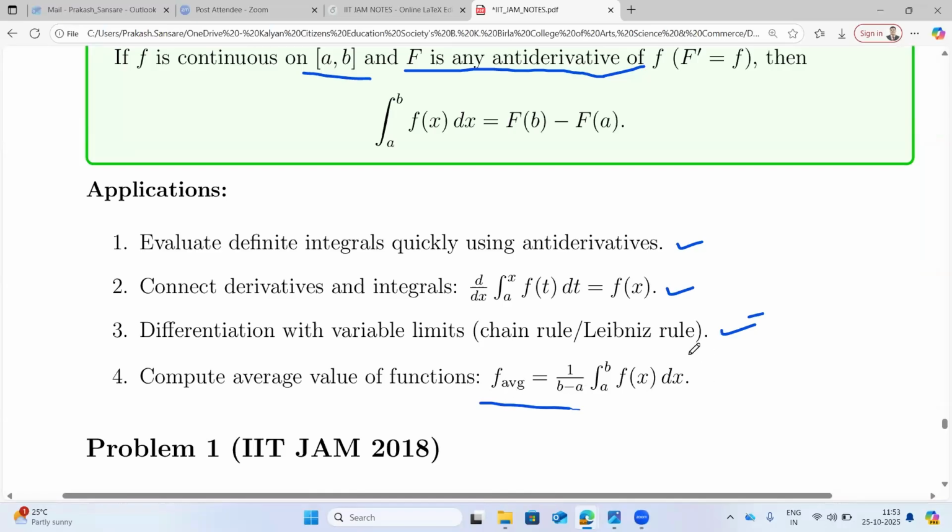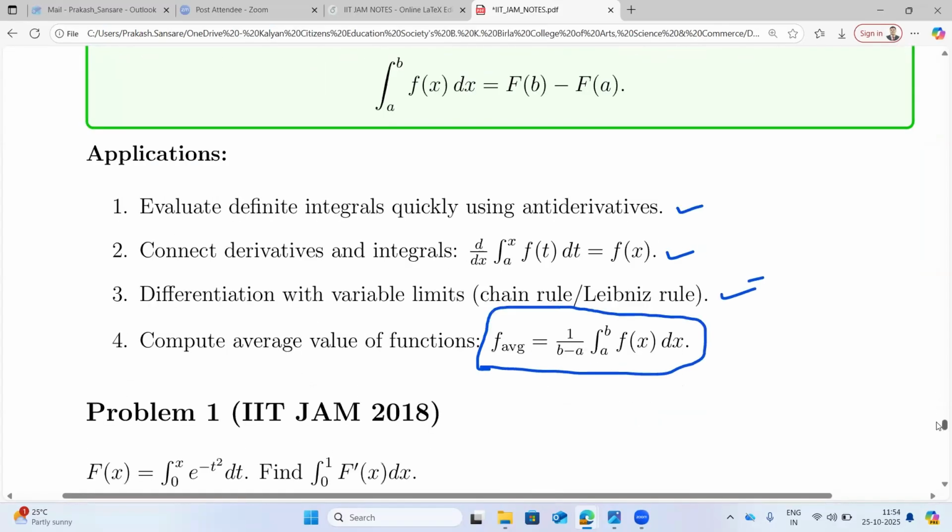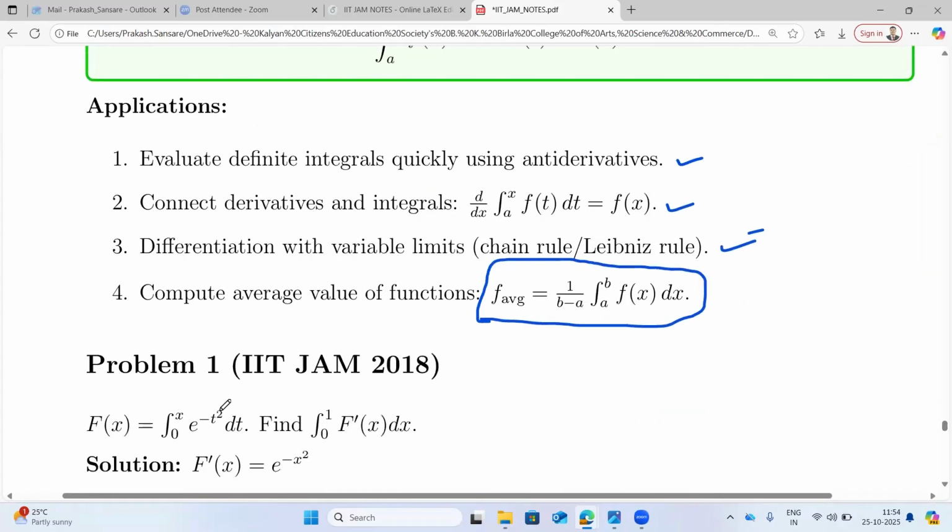Sometimes people may ask you to find the average value. So you can find that f average is basically 1 upon b minus a, integral a to b of f of x dx. So here is one question which was based on the second fundamental theorem of integral calculus